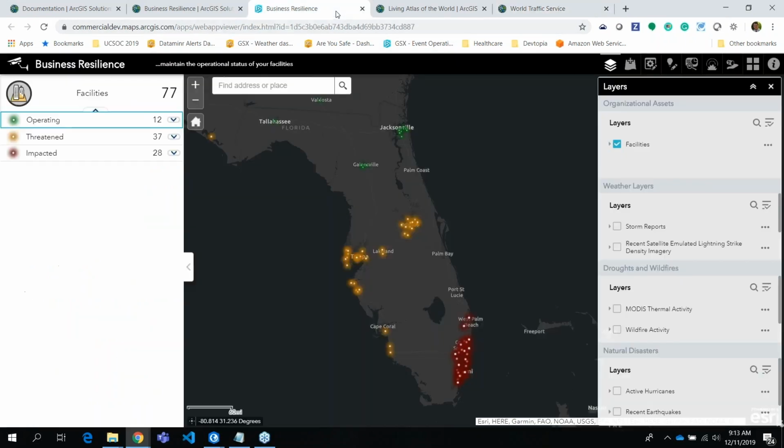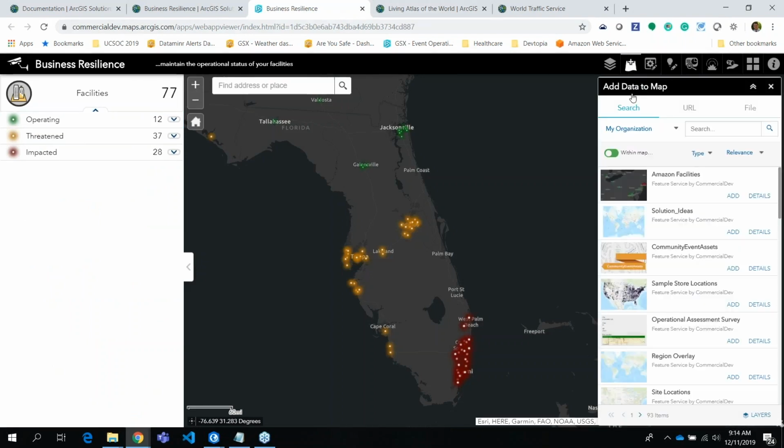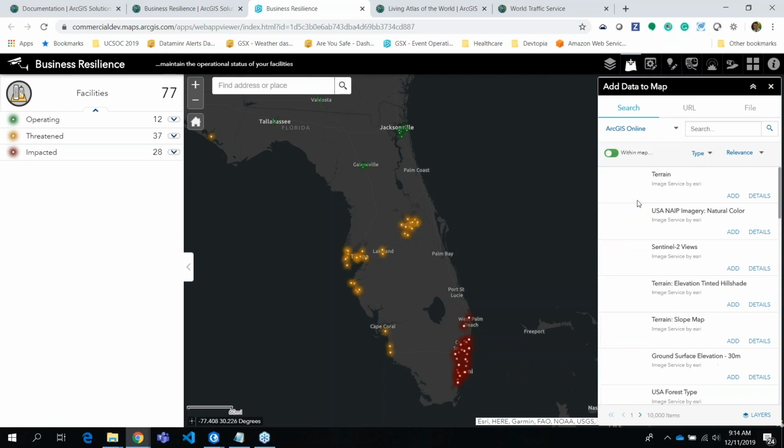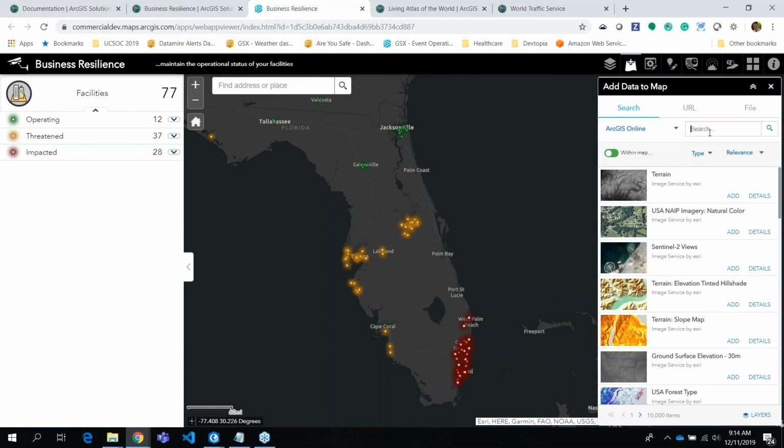Now, a lot of times that's useful, but sometimes I want to pull in other data from other users. So how can I do that? Well, we have an add data widget, a part of this app that allows us to go in and pull tools or pull data in a variety of ways. I can pull my own content in, I can pull content from my organization, or I can pull in information from ArcGIS Online. So for instance, if I wanted to find just Florida cameras,